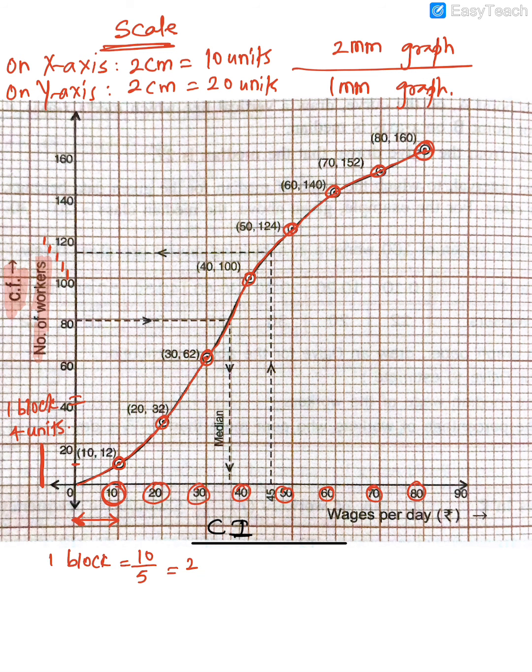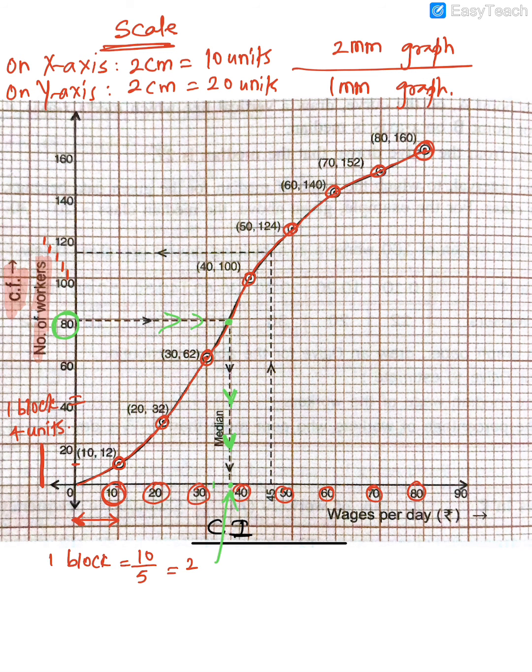We'll first go to the 80th term on the number of workers. Keep following that line, keep going through this line. You can see they've drawn a dotted line. Wherever it meets the curve, from there you'll start going perpendicular, or down. Remember, all these are drawn freehand, in the sense with a ruler and pencil. You don't need a compass or anything to draw this 90 degrees. Now mark this point clearly. Look at that point now.